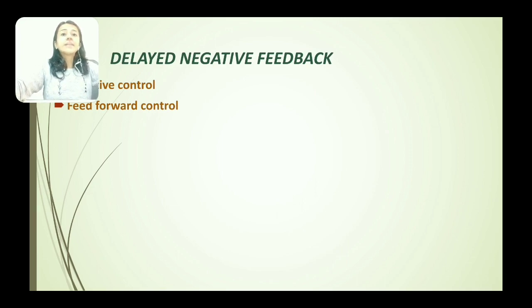to the muscle, and next time the movement which is required is corrected. So at the same time the correction is not made, but next time the correction is made, and that is known as adaptive control, and it is a delayed type of negative feedback. So here it completes our lecture on feedback mechanisms and homeostasis.